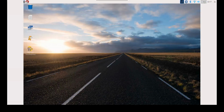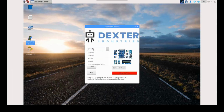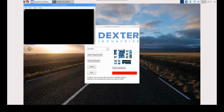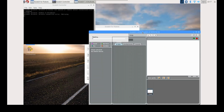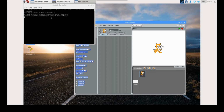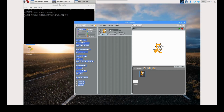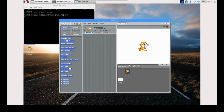Once you have started the Raspberry Pi, click on the scratch icon. On the first prompt, make sure that you have selected GrovePi and then go on to click Start Programming. After this, in the Scratch controller, you will be able to see GrovePi Scratch connected to Scratch successfully. Coming back to the Scratch interface,